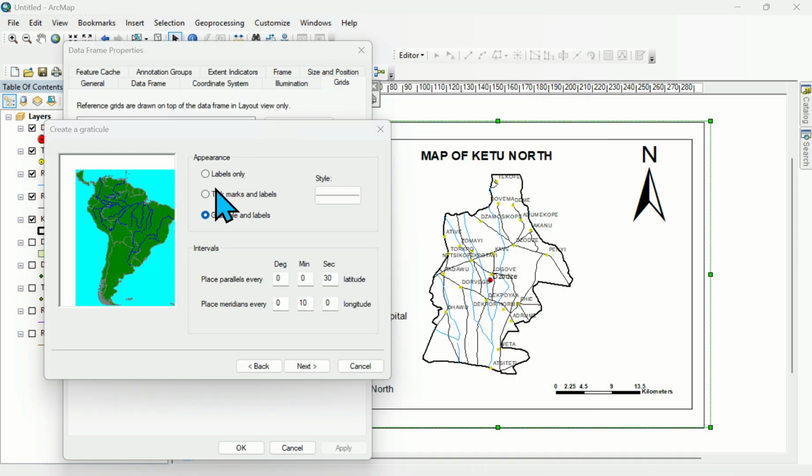So in here, I'm just going to select labels only. Then over here, it's up to you to know the map you're creating and the coordinates of the map, to adjust these things. But you can try them, maybe trial and error. Because I've been doing this for quite a long time,